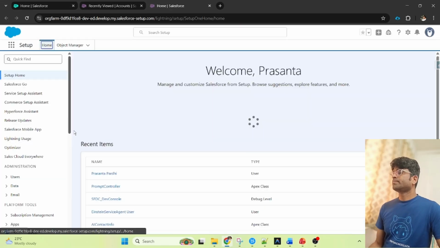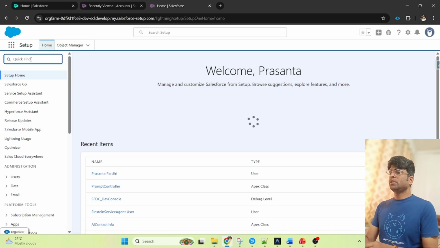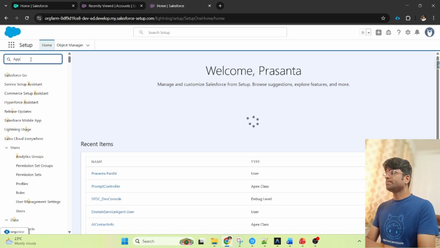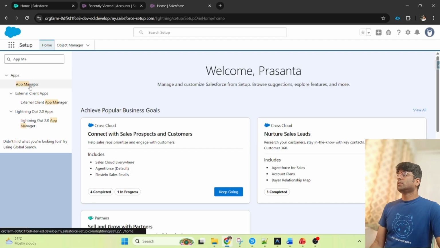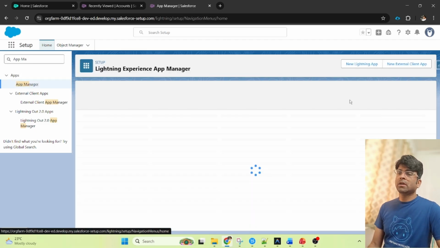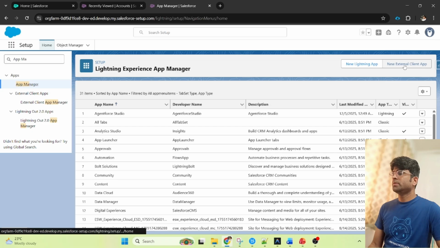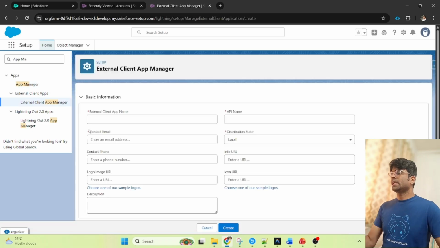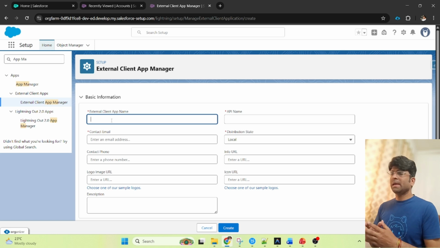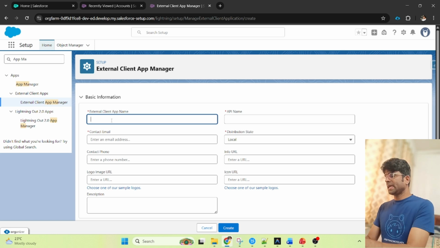Okay, so what I'll do here, in the setup, search for app manager. Okay, now click on new external client app. So here you can give any name, but I am giving a meaningful name like target SF,